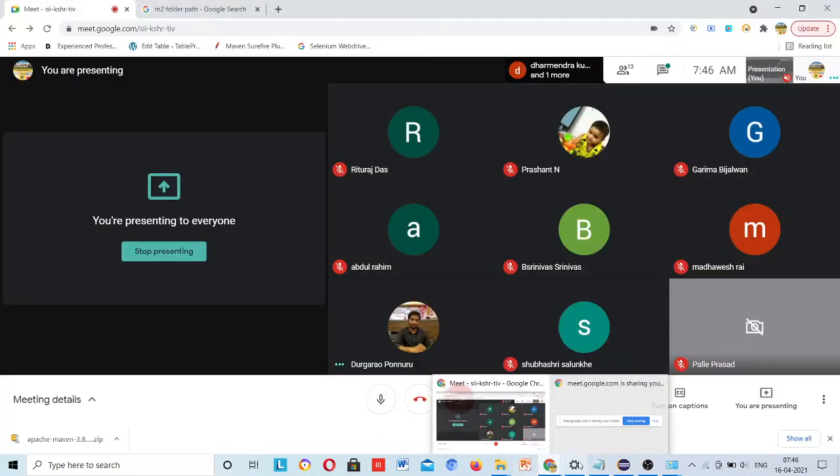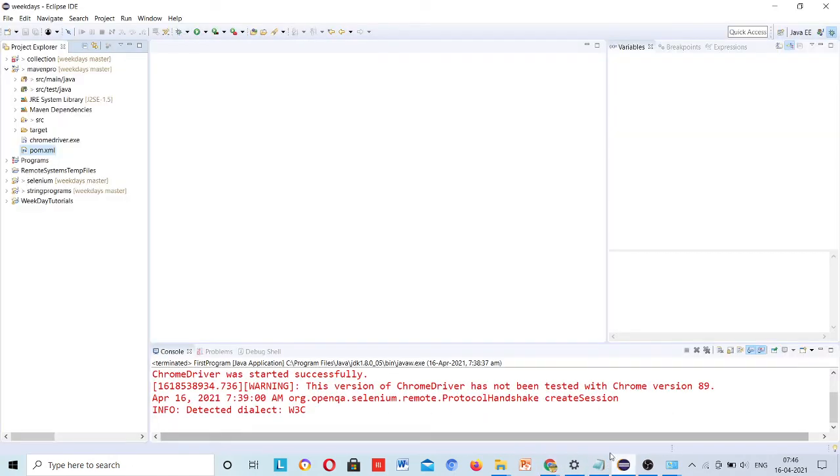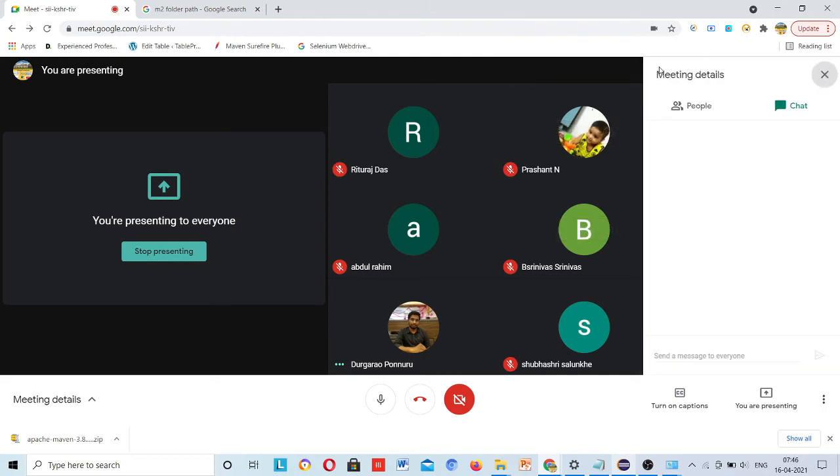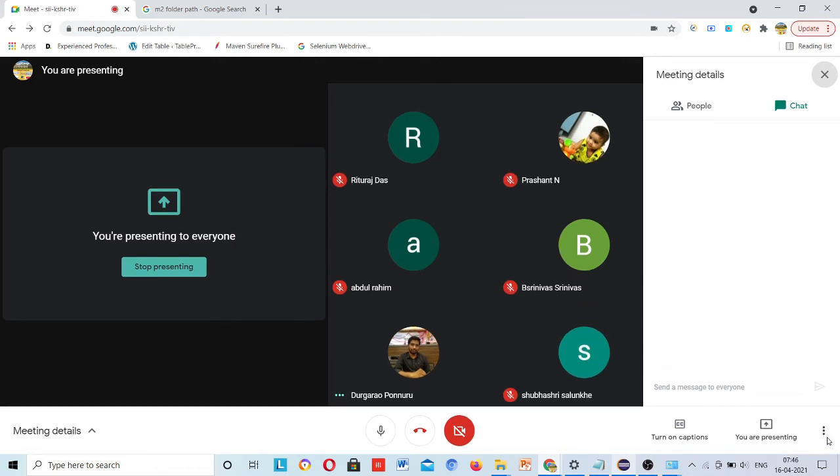If it is present there, it will extract it into your project from there. If it is not present in that path, it will download from the cloud, save it to that M2 folder, and next time use it from that M2 folder. This is the process.